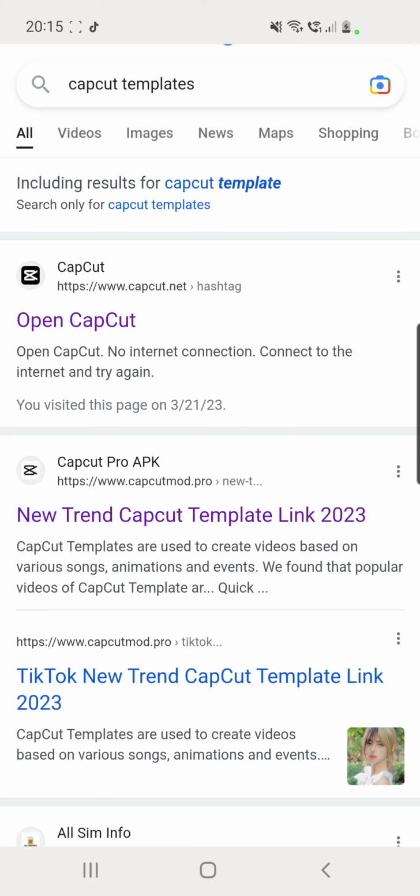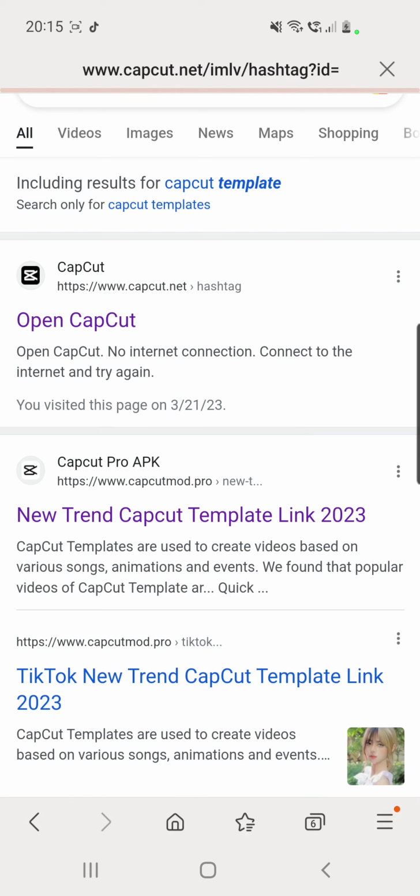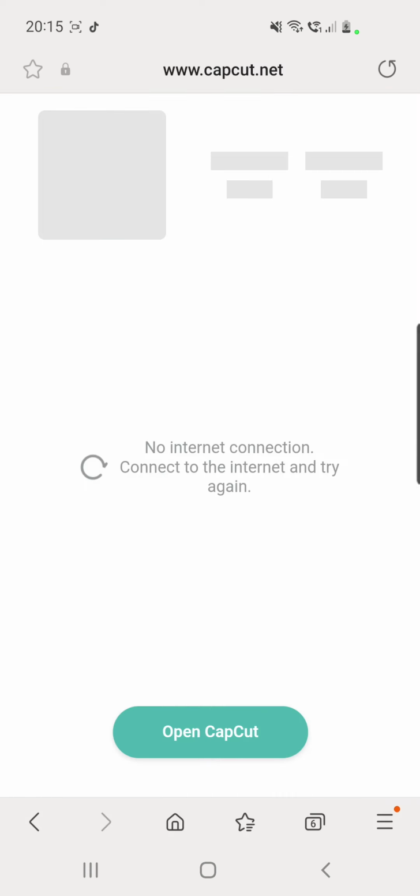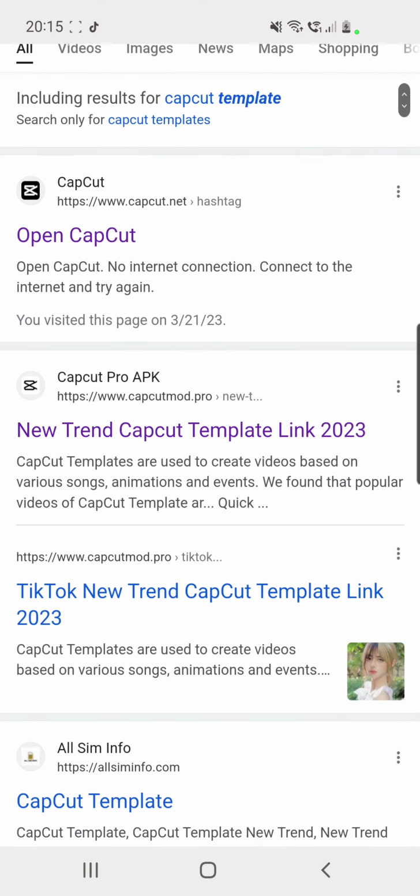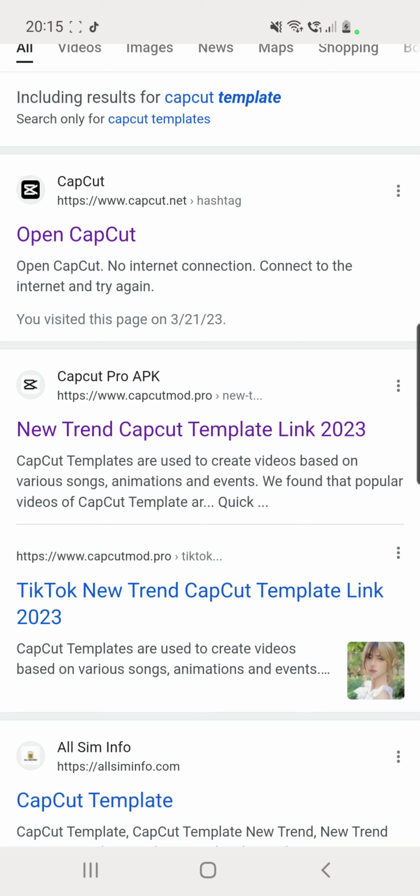Now, if you go to the first option, CapCut.net, it may not work because for me right now it doesn't work. It seems that it's not available in my country, so I will go with the second site, which is this one. Click on that,